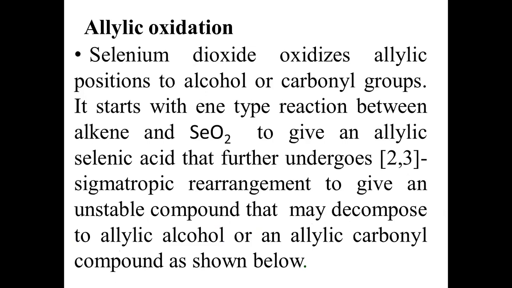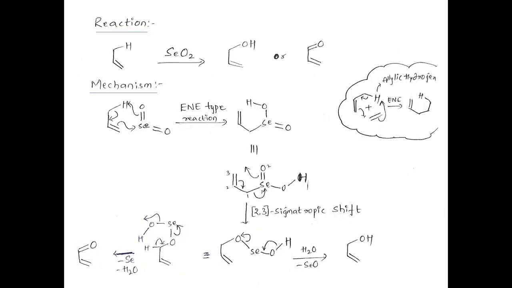Next, coming to the functions, what are the functions of selenium dioxide? The first function is that it is used for allylic oxidation. So let me give you this mechanism. You can see this is an alkene with allyl CH. This alkene with allyl CH, in presence of selenium dioxide, will give you allyl alcohol or alpha beta unsaturated carbonyl compound. These are the two products which are formed by the oxidation of selenium dioxide upon an alkene with the